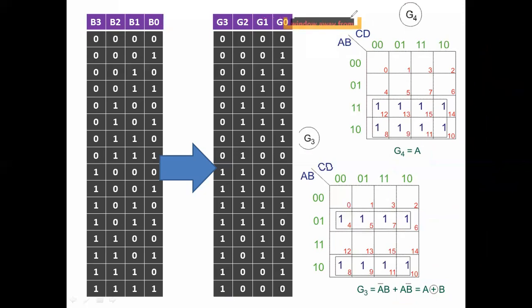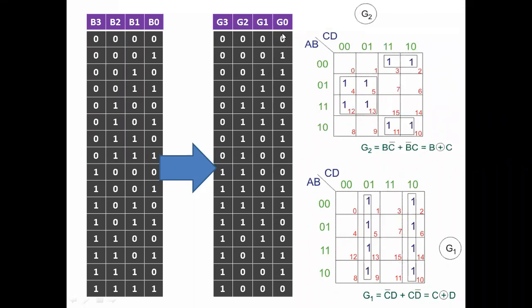So now I'm moving into the third one. That means here I'm going to get G2. What is G2? As I told you, you assume that this is the A variable, this is the B variable, this is the C variable, this is the D variable. Then by using this particular third column alone, not other columns, you have to fill the Karnaugh map.